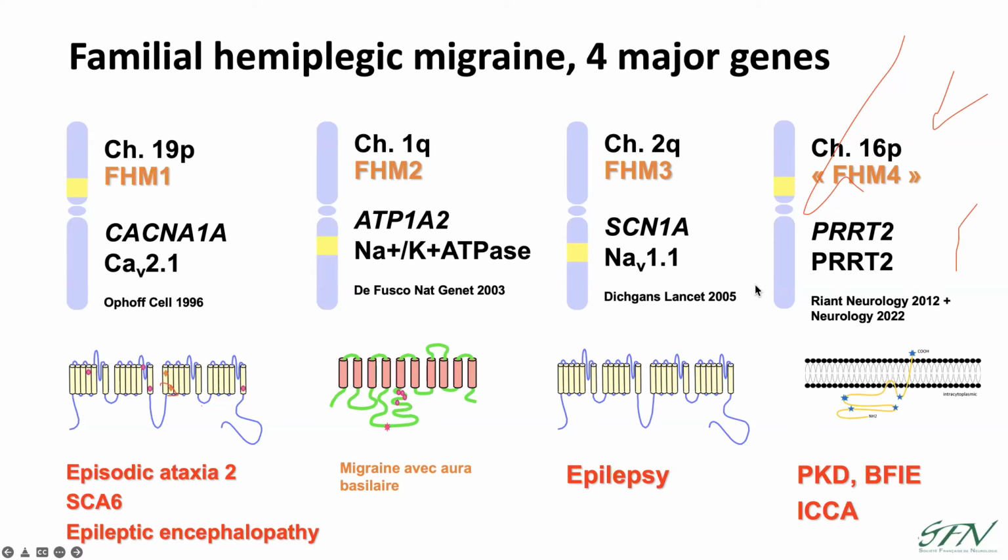So all these 4 genes can be mutated in various patients, and if you have a test to determine what is the cause of hemiplegic migraine, then all these 4 genes are going to be tested. These genes are all implicated in familial hemiplegic migraine, but they are also implicated in other disorders. So for example, the calcium channel gene is responsible for familial hemiplegic migraine type 1, but other mutations can cause episodic ataxia,